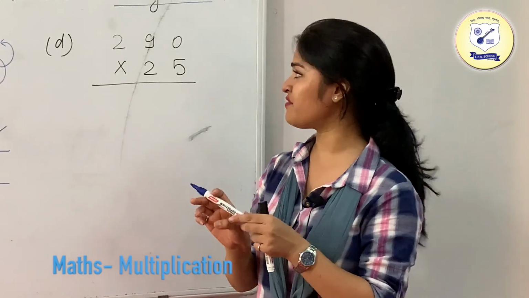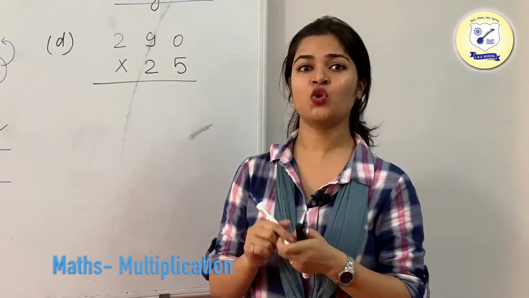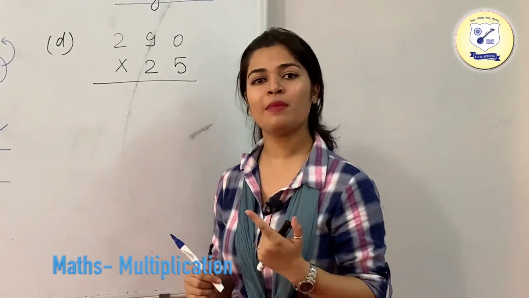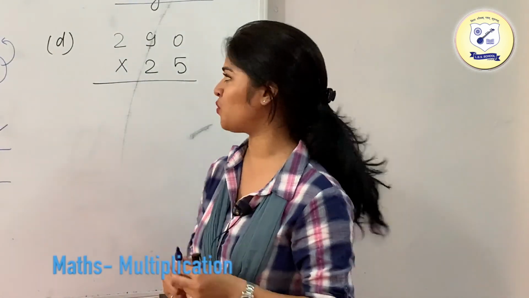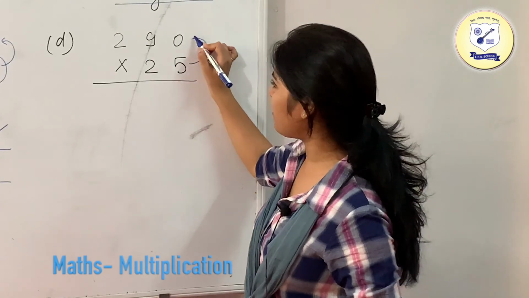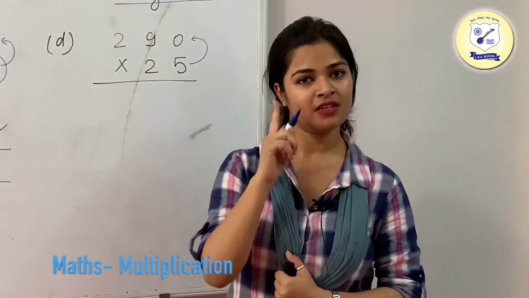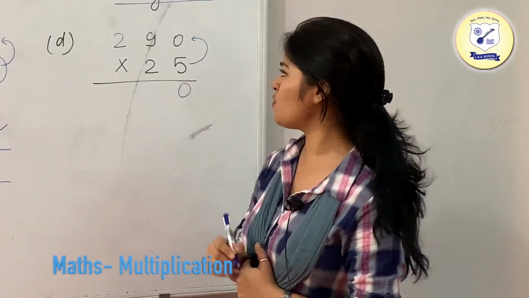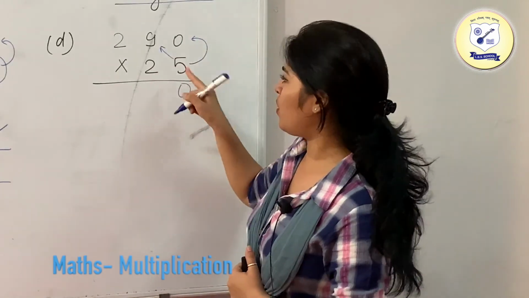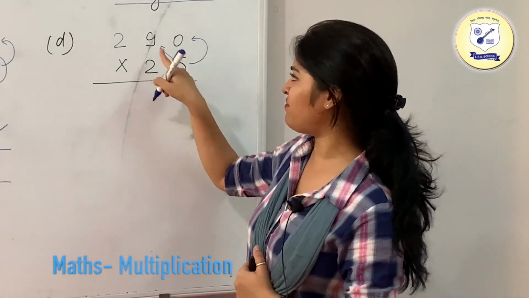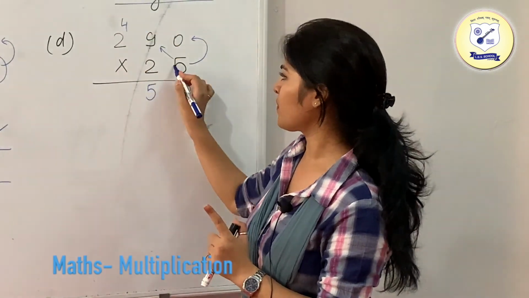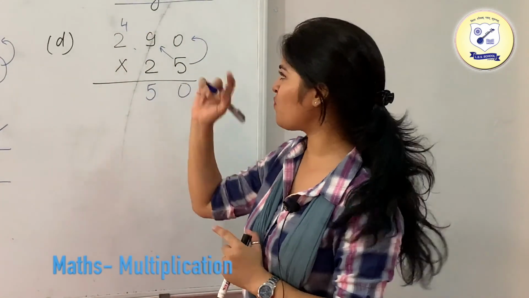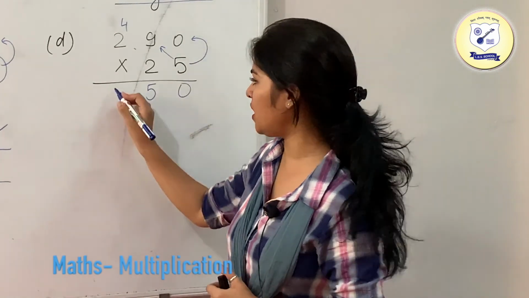First of all, just revise the multiplication fact that I have told you about the 0: if you are multiplying any number with 0, your answer is going to be 0. So if you are multiplying 5 with 0, what we get is 0. So write down 0. Now what we will do is 5 9s are 45. So write 5 over here and 4 as your carry. 5 2s are 10. 10 plus 4, which was your carry, is going to be 14.